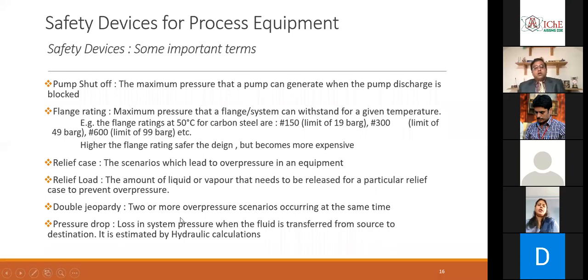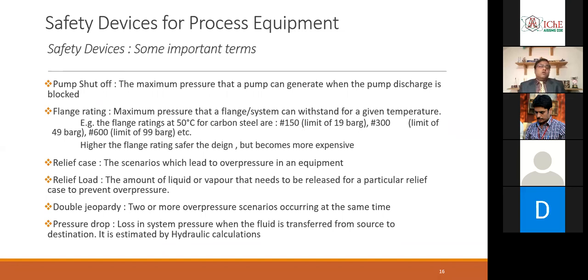And then pressure drop. So whenever you are an engineering consultant like me, the very basic thing, the first thing that you learn is to do the hydraulic calculation. So when you are transferring a fluid from point A to point B, because of the friction there is a loss in pressure. You start at 5 bar from point 1, but if it is a 1 kilometer pipe, maybe the pressure at point B will be 4 bar. So 1 bar is my pipe pressure drop. So this is a very important criteria in PSV sizing. You will know later what I mean. So just keep in mind these terms, and then you will be able to relate it better.